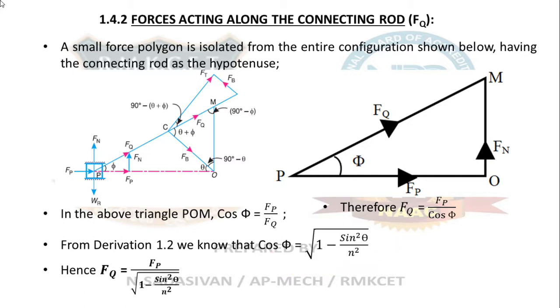You can use both the cases. If you have all the required data, you can use the first formula straight away. Otherwise you can use this formula. Both are correct, both are exactly equal to each other. It depends on a case to case basis. You can make a note of both the formulas. Both are formulas for the force acting along the connecting rod, and they are exactly mathematically equal. Wherever whichever is suitable, we are going to use it. So that is the end of the second component.